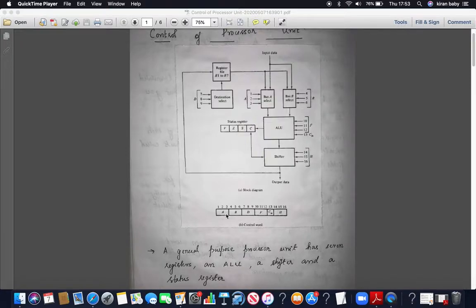Out of that, the first 3 bits are used to select which register needs to go inside bus A. The next 3 bits are used to select which register from the register file needs to go inside bus B. Then bits 7, 8 and 9, the next 3 bits, are used to select which of the 7 registers is chosen as the destination, and the next 3 bits are used to select what function needs to be selected from this ALU, whether it is any arithmetical or logical operation that needs to be performed.